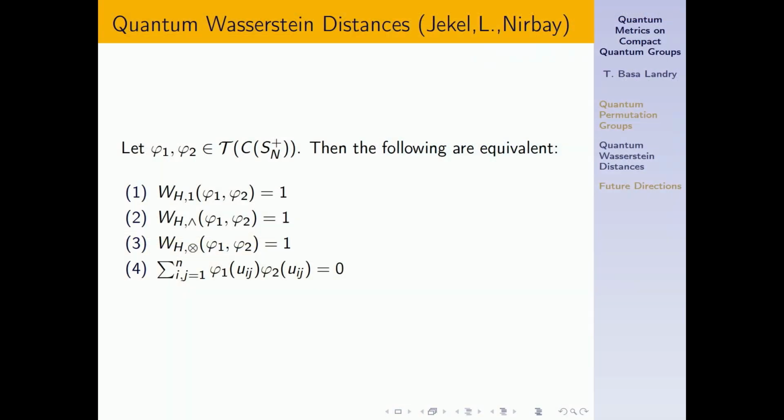So in this program, we had the opportunity to have many interesting conversations with other program members. And while in conversation with Milad, he asked us, what does distance 1 mean for your quantum metrics? And we didn't know. And so therefore, in direct answer to that question, we went and figured it out. And it turned out that in all of our different distances, that means exactly disjoint supports.